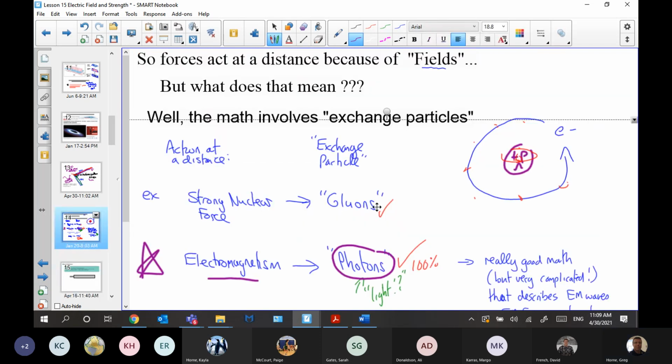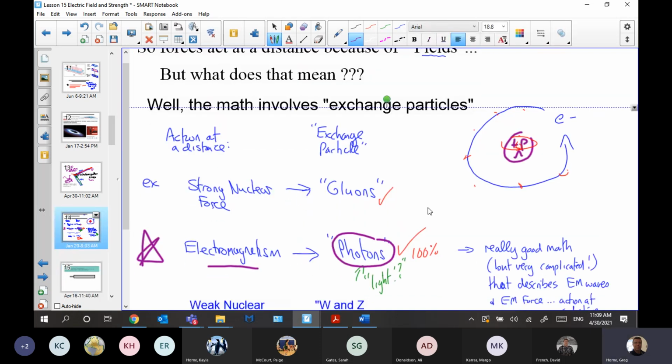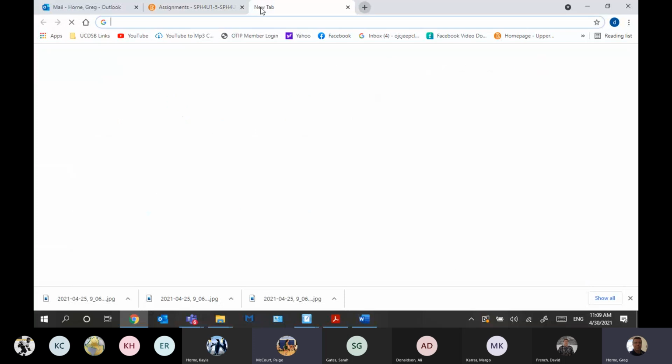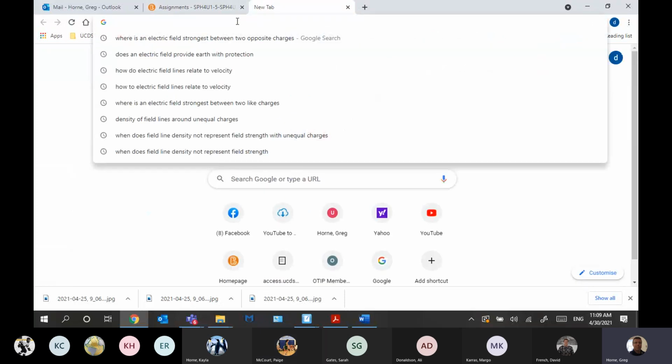Questions? I feel like the different names, like the gluons and stuff, when do they kind of use them? In what context do they come up? Yeah, so if I were to show,